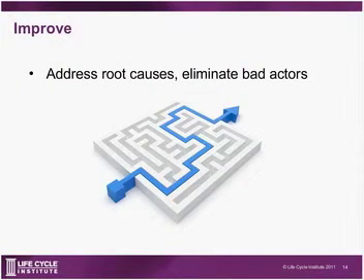So now we move to the improve piece in our DMAIC process. Now that we have our TDA that we know we want to go after, we need to address root causes and eliminate bad actors. And to do that, we need to understand the TDA process and perform a root cause analysis. That's when we enlist our reliability engineers to form a root cause analysis team and to determine where that TDA usage is coming from, how much of it is acceptable based on a benchmark or a target, how much is unacceptable, and how much can be improved.